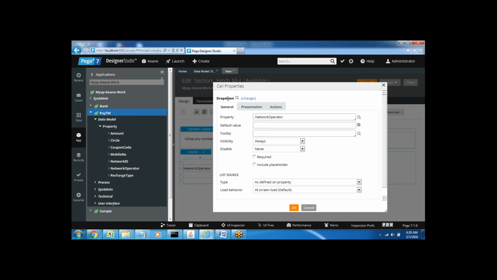Okay, so I'm taking the source as drop down. When we add the source as drop down, we'll have something like list source, meaning from where you are going to define the data in the drop down. By default it will be as defined on property, but we didn't define any static data. As defined on property means any static data is there. So based at property level it will display as defined on property. But if you want,